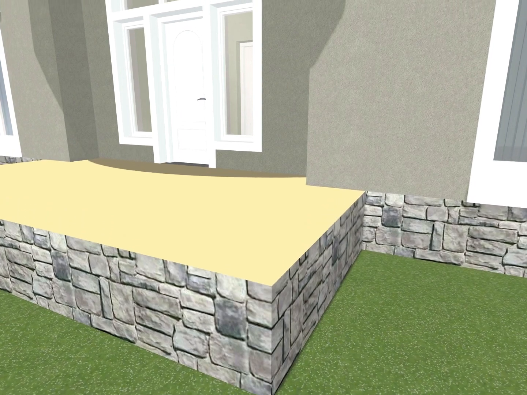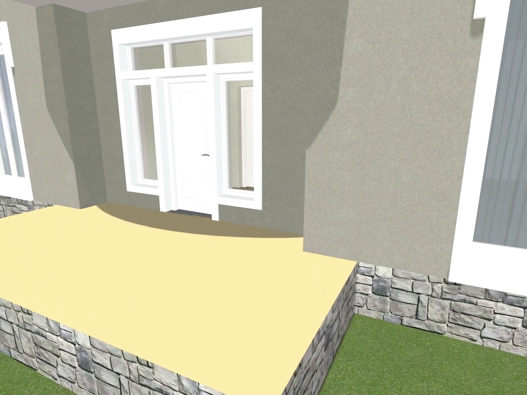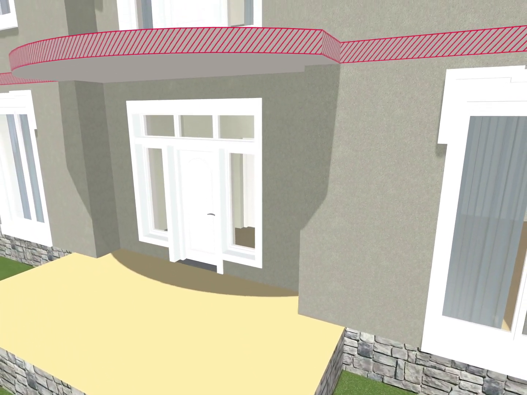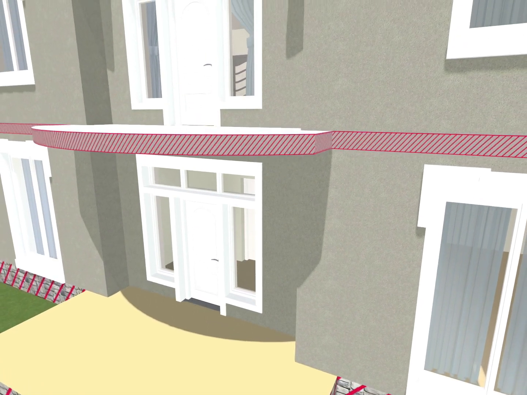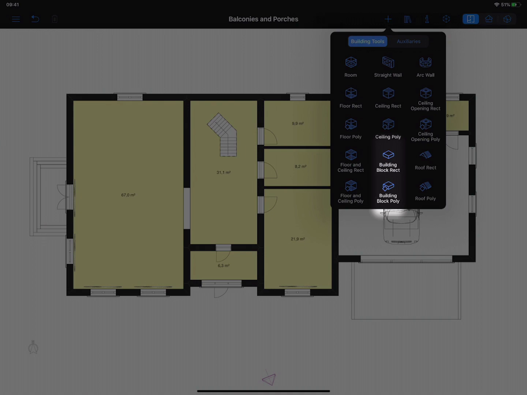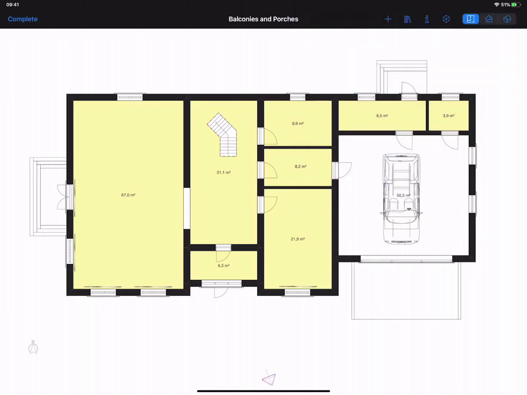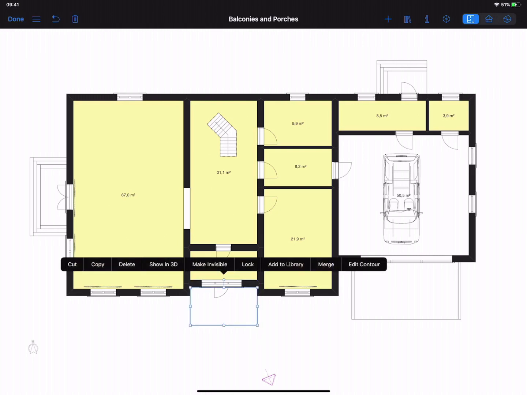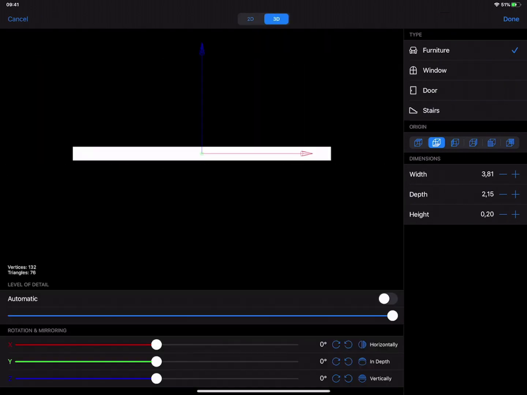The disadvantage of the technique described above is that balcony or porch thickness equals the thickness of the foundation or overlap between two floors, which is not the case for balconies and porches created with the Building Block tool, available in the Pro version. With this tool, you can create shapes of various forms and thickness. Don't forget to merge each created block to be able to edit it using the Type and Representation dialog.